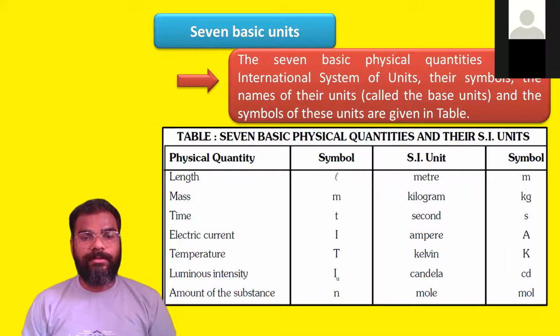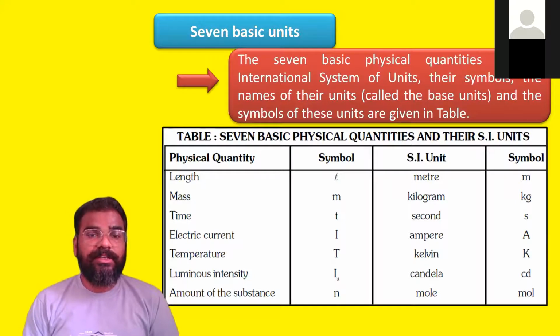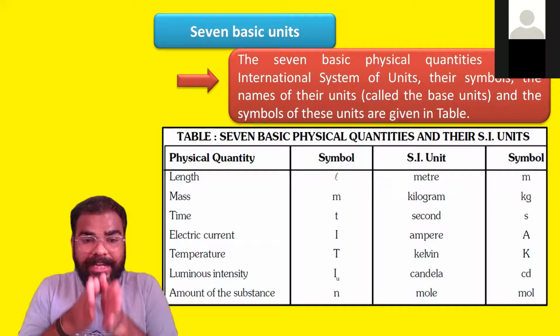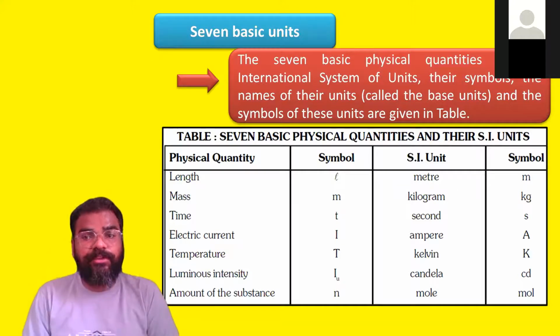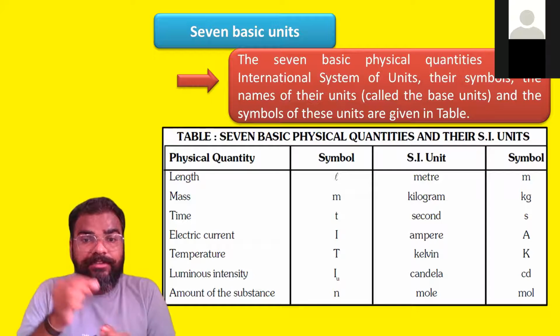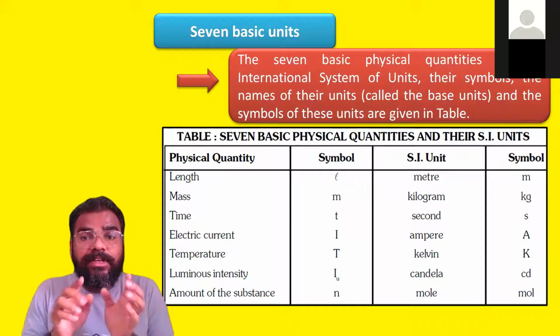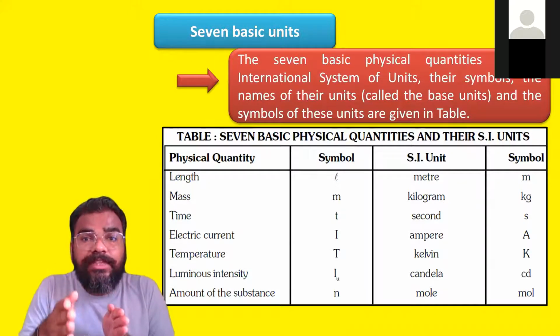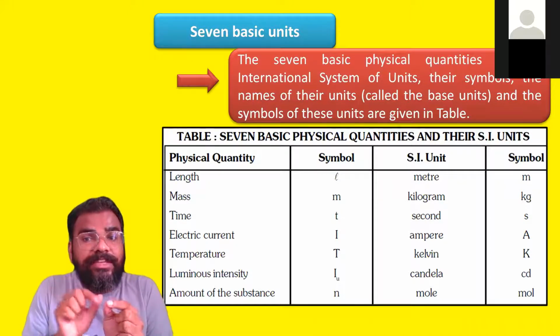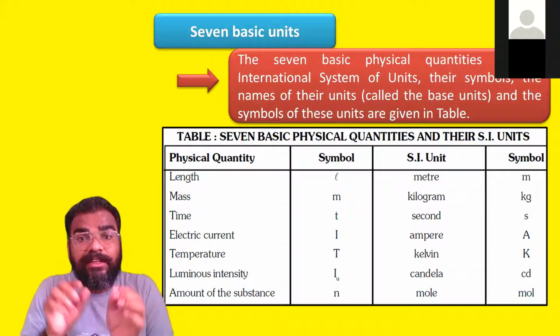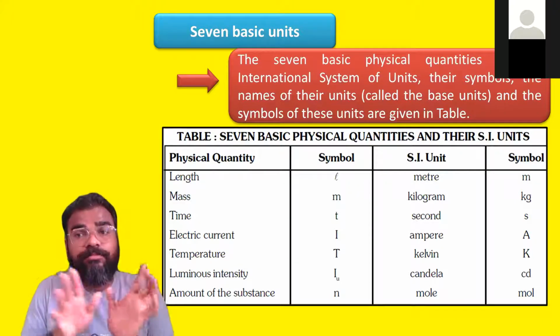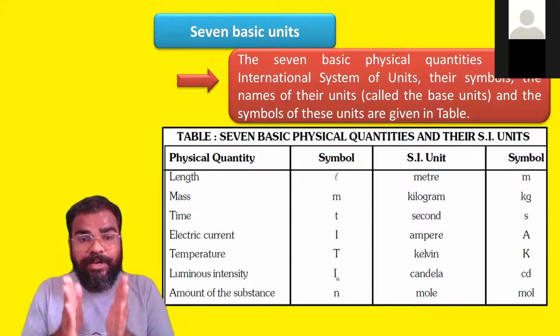Now there are 7 basic units for this SI system, the system international। Might be you people have studied in physics also, आप लोग बच्चों फिजिक्स में भी ये पढ़े होंगे। Okay, same thing we are going to discuss। The 7 basic physical quantities in the international system of units, their symbols, the names with their units, which is called a base unit, and the symbols of these units are given in tabulated form। टेबल के फॉर्म में ये पूरा हमें दिया गया है।